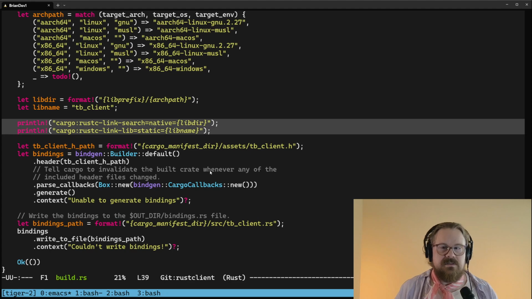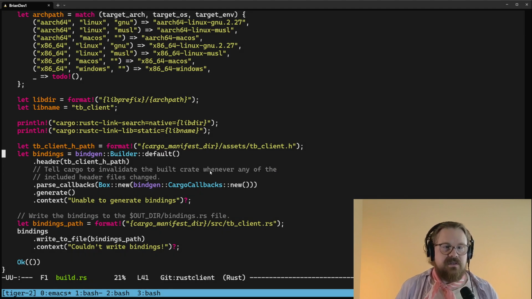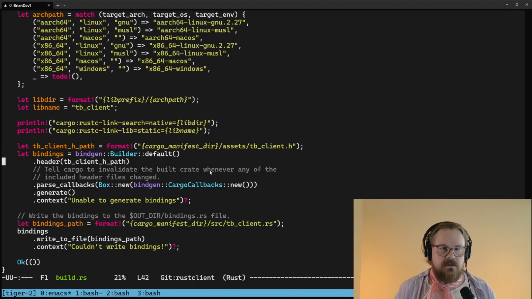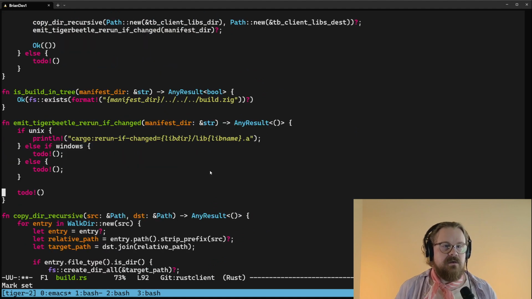Link search, those all still matter. Client.h path, that all looks like it matters still. Same thing for this, we don't have to do a rerun-if-changed on that tb_client.h, although it looks like I never actually had that in place. Bindings path, okay. All right, I think what we need to do then is come down here to our